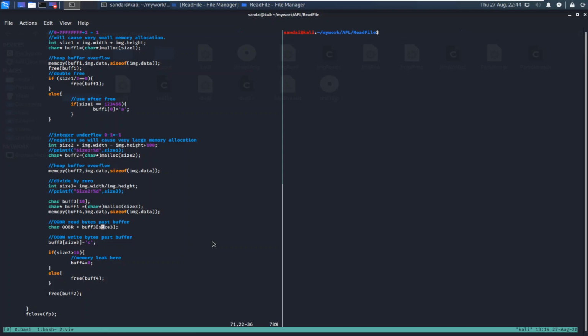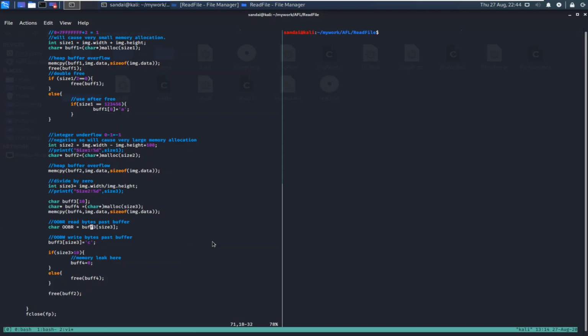If size 3's value is somewhere from 0 to 9, this program should work perfectly fine. But if it becomes too large, say 10, 100, 1000, and since the limit of buffer 3 is 10, you are trying to read data past the length of the buffer. If size 3 is 100, this will be an issue because that memory doesn't belong to buffer 3.